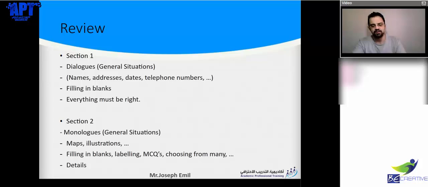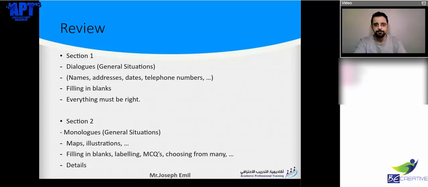Okay, let's just move on to section 2, which is generally monologues. It's just one person speaking about a general situation. You would expect someone to talk about a map or an illustration. Maybe he's talking about a city map, or a tour guide talking about the map for a park. In the last session, we were at a university campus,